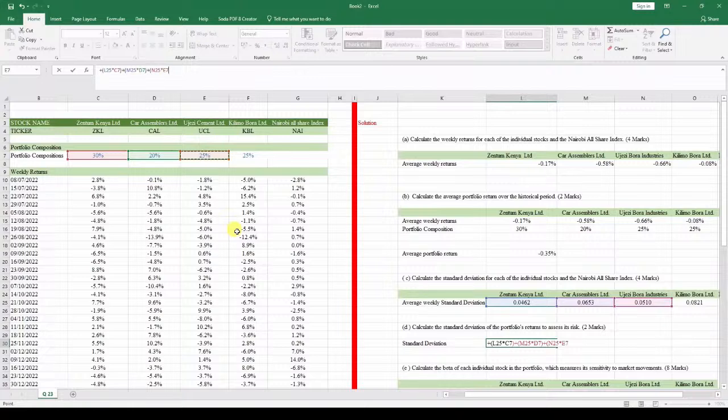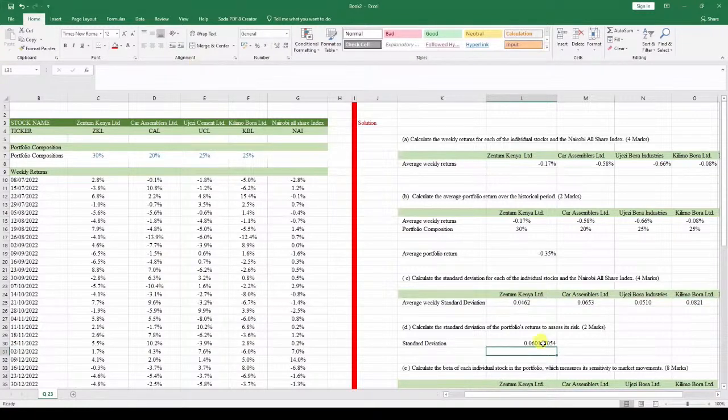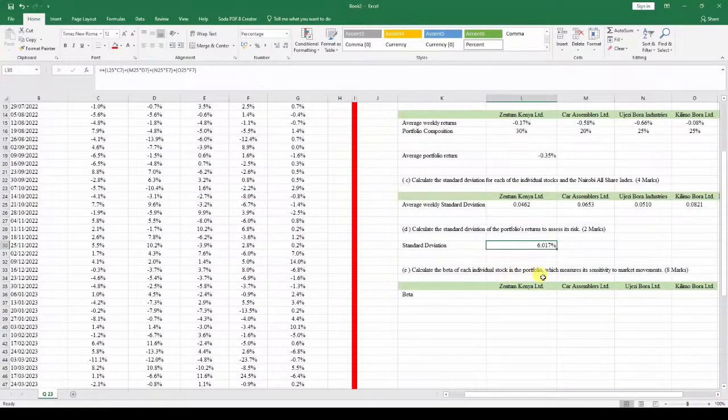Then we close the brackets, plus we pick this value here and we multiply that against that value there. Open the brackets and close the brackets like that, and we just click enter. So we can put it in for individual stock in the portfolio, which measures its sensitivity to market movements. The beta is given by covariance of the market and stock,